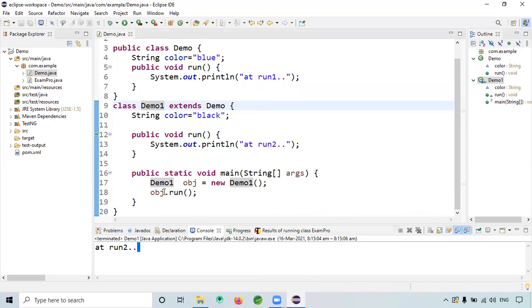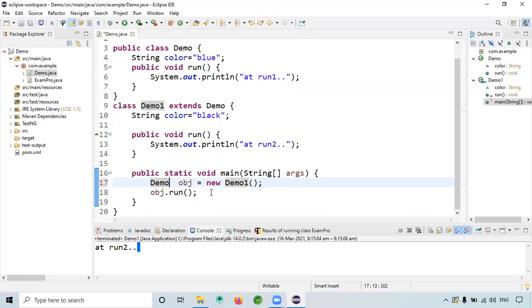Now let's say, demo one, demo is there, so here I will make it demo. What will be the output? The parent class object is there, and it is pointing to the current class object.